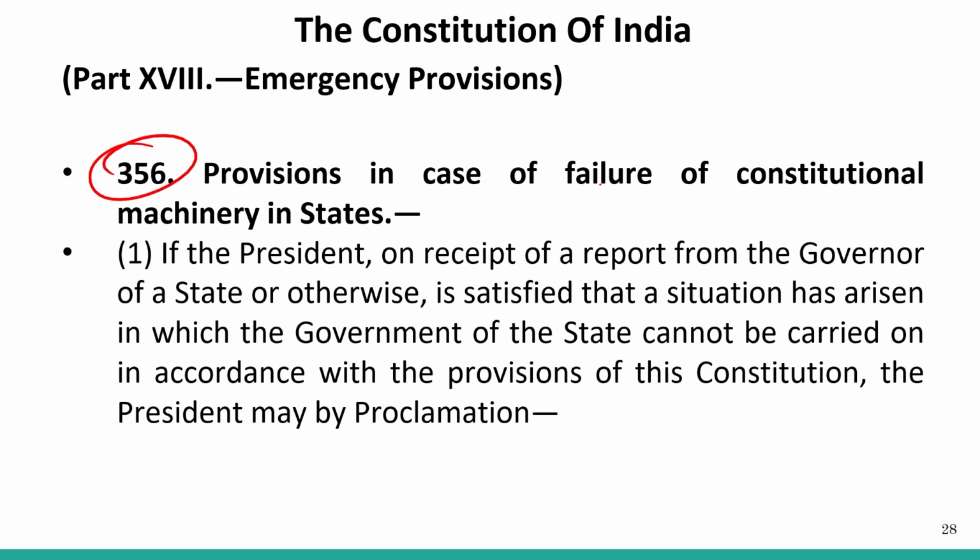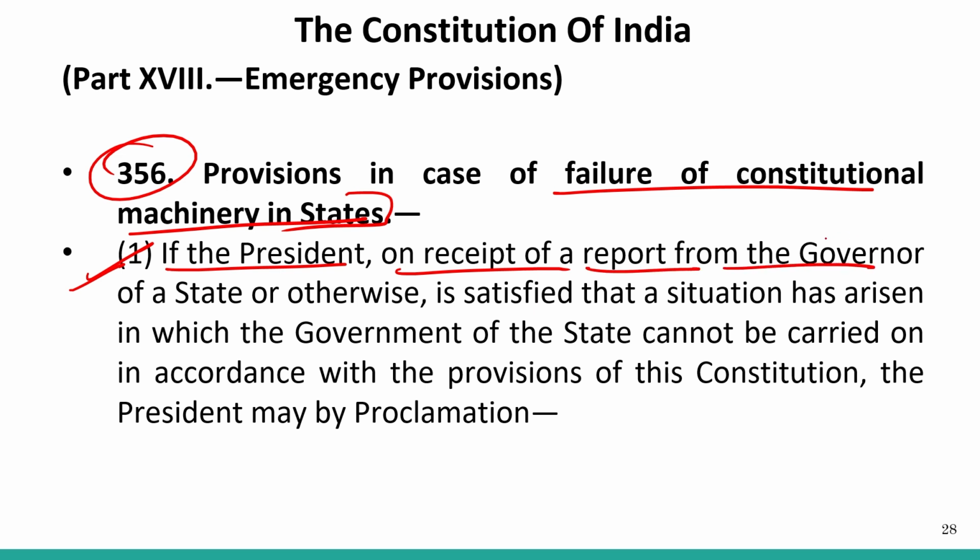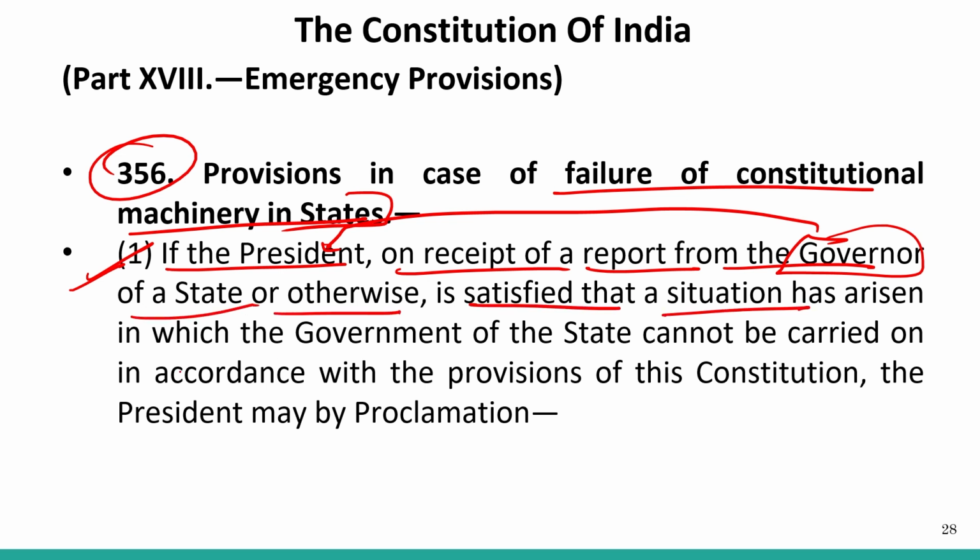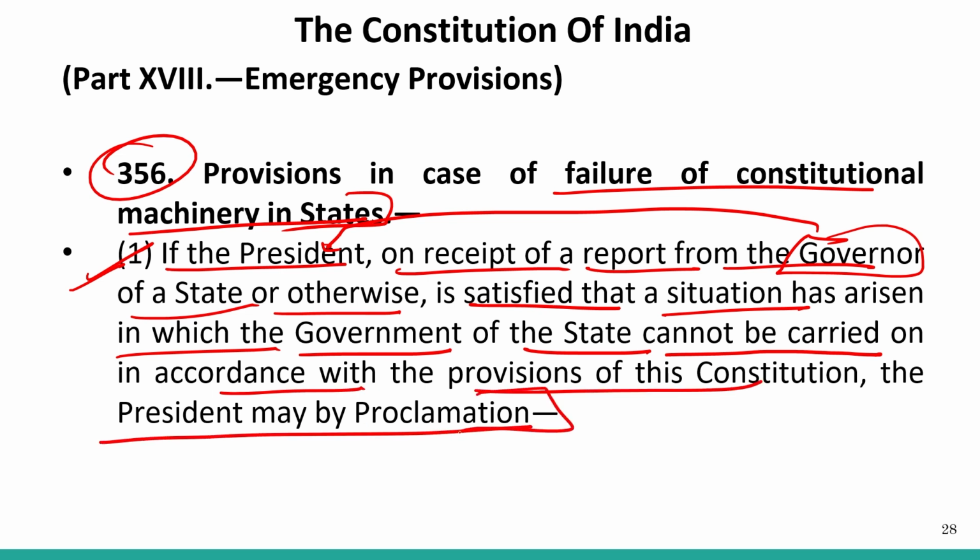This is the provision in case of failure of constitutional machinery in the state. Now, if the constitutional machinery of the state is not able to function, which is an internal disturbance, and the president, on receipt of the report from the governor, where the governor explains that the state government is not able to function and advises that you should proclaim emergency, or otherwise is satisfied that a situation has arisen in which the government of the state cannot be carried on in accordance with the provisions of the constitution, the president may